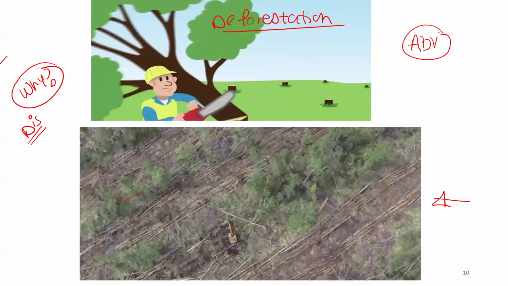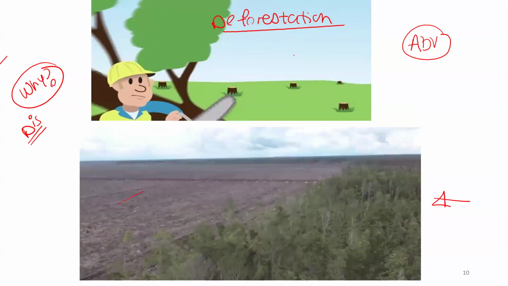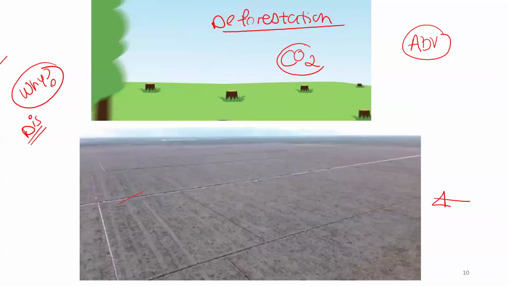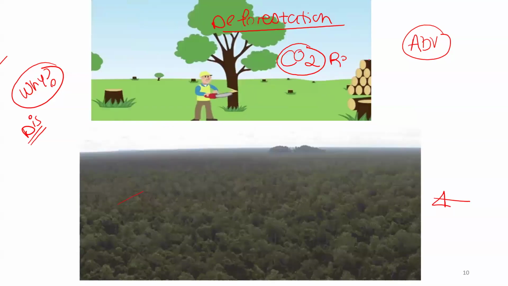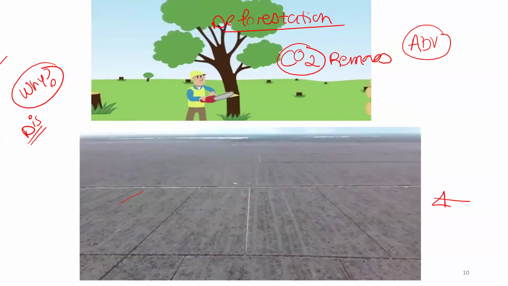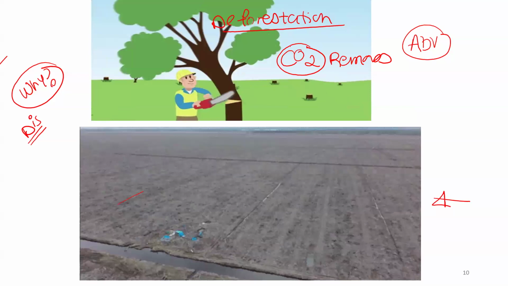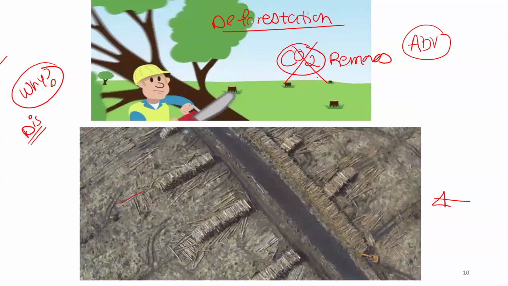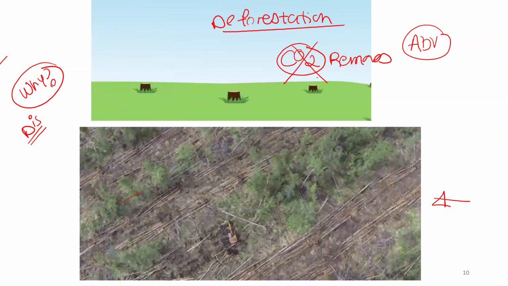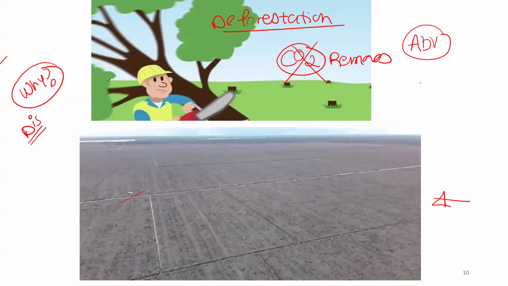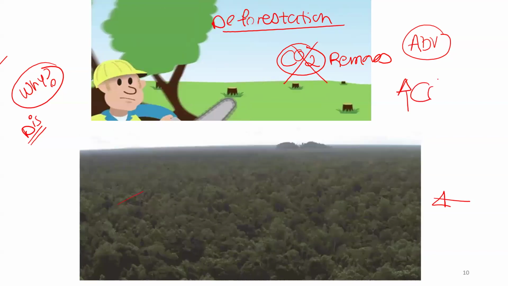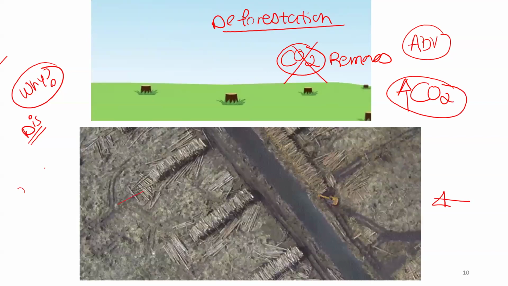If we cut down trees, there will be less photosynthesis and there will be more carbon dioxide in the air. Now, I want you to keep track with me. Photosynthesis removes carbon dioxide from the atmosphere, because photosynthesis is carbon dioxide plus water to give you food and oxygen. So photosynthesis is good because it removes CO2 from the atmosphere. CO2 causes global warming. When I have fewer trees, this means I will have less photosynthesis and more carbon dioxide. And like your friend said, this is going to cause global warming.